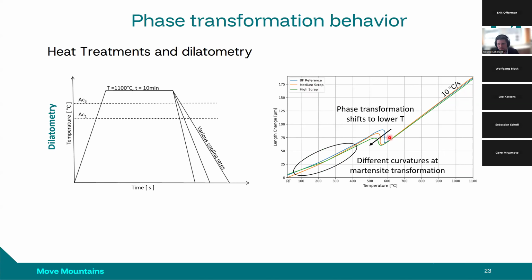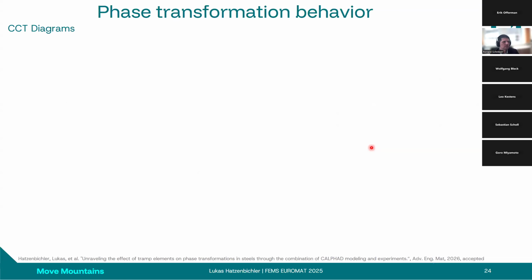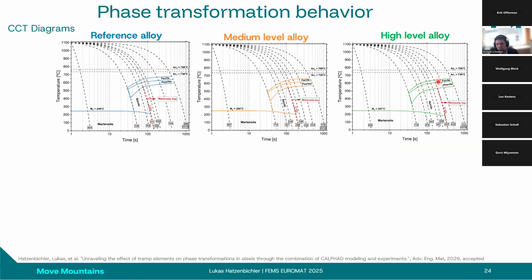And what you can see, for example, here, with a higher share of tramp elements, is that the phase transformation temperature is shifted to lower temperatures. So there is an influence of the tramp elements on the phase transformation temperature. It is retarded by higher tramp element contents, which can be seen here. And when one is doing the whole CCT diagram, continuous cooling transformation diagram, also called TTT, time temperature transformation diagram, one can see here that you have again the different